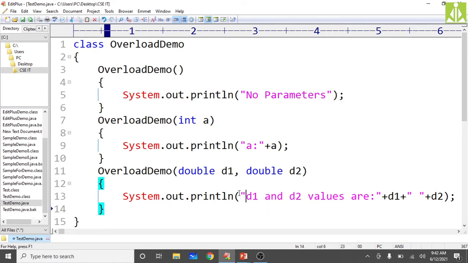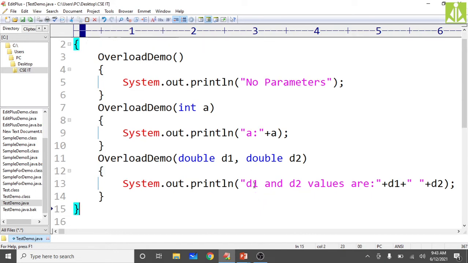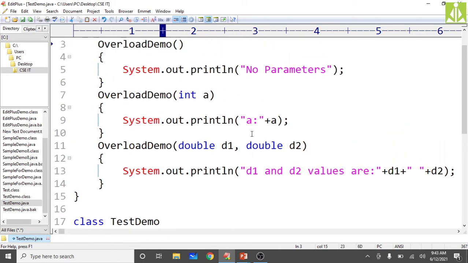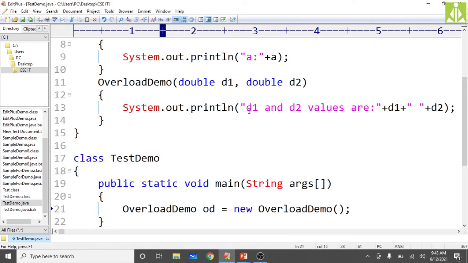And how is the compiler differentiating between these multiple bodies of the constructor? Simply by checking the parameters. So here, when we are creating the object, we are not passing any parameters, so it is invoking the first body of the constructor and you are getting this message. So if you pass an integer parameter over there, it will consider the second body. So here also same thing, put 24, it is an integer value.